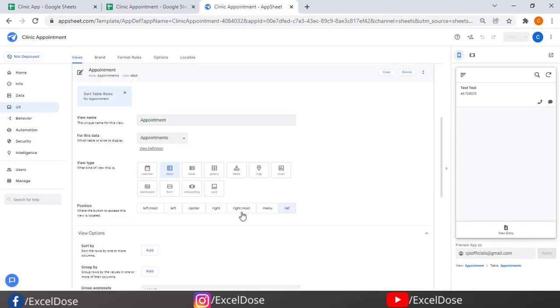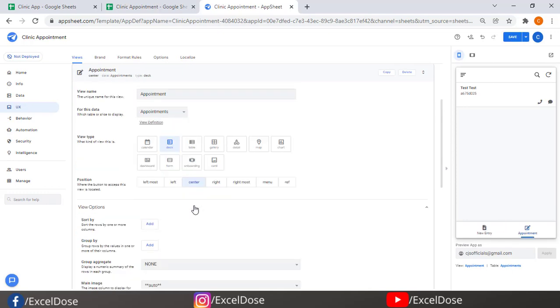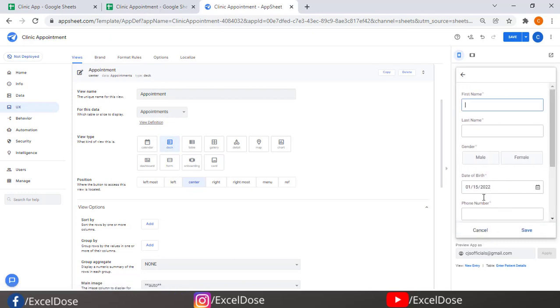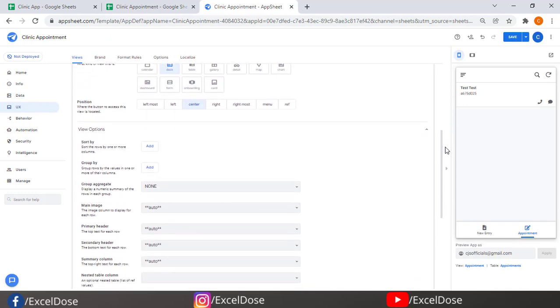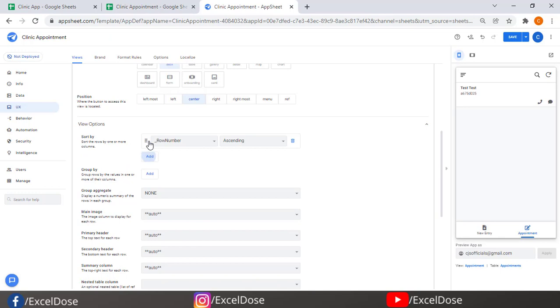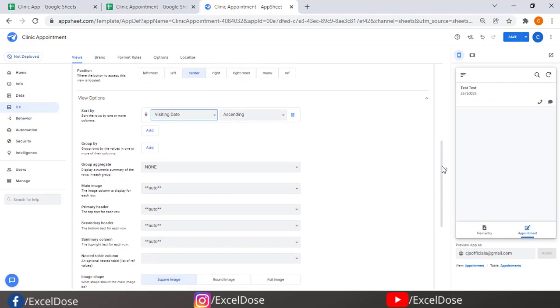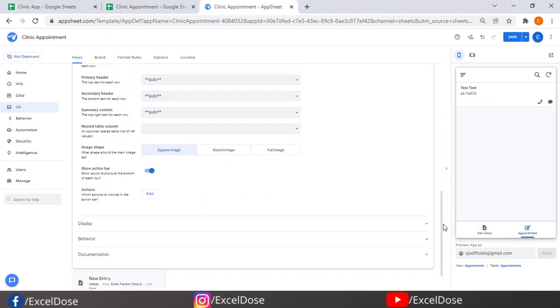For that, we'll mark it as center so that it will show here. Now you can see appointment is coming like this, and if I click on new entry, it will show the form. If we go back, now we can see the appointment also, right? Then sort it based on visiting date ascending. So based on your requirement also you can make the changes.